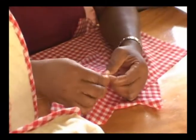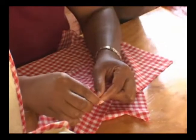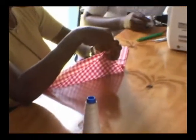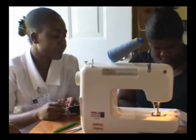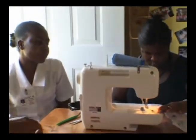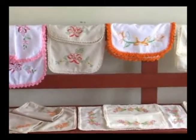The aim of the income generating program is to help the parents themselves to become self-sufficient. Many of the parents are unemployed, many of them are without a skill. And the idea is to help them learn a skill from which they can earn, as well as the fact that they